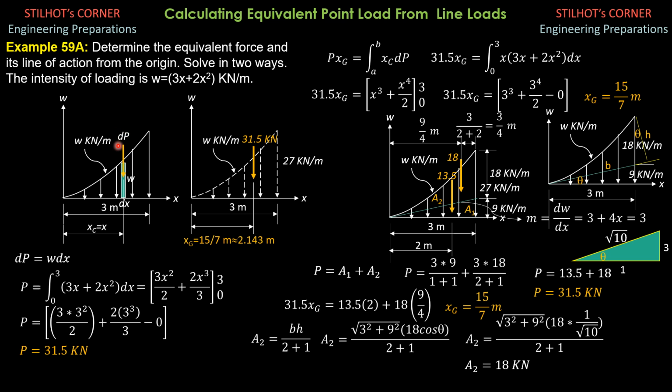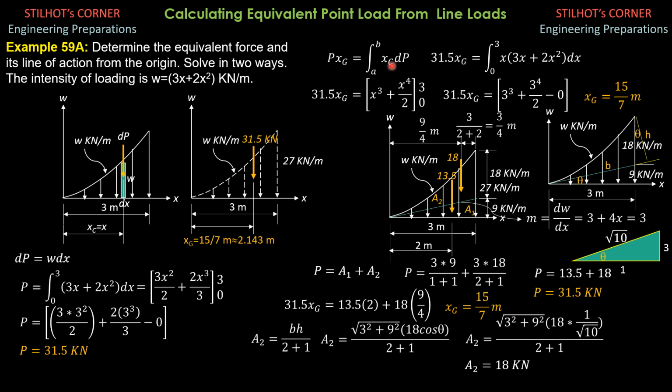The component is dP, and the moment arm of dP is x_c, and this x_c here is just x because we consider a vertical strip. Every element of the strip vertically is equidistant from the y-axis, the w-axis, and that distance is simply x. For a vertical line, the distance from the vertical axis is x. So that's why we have x_c times the differential force. Take note, the moment of the resultant, then this is the moment of the component, the component is dP and the moment arm of dP is x_c.